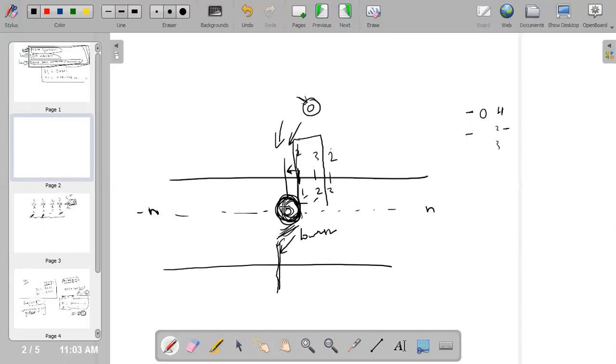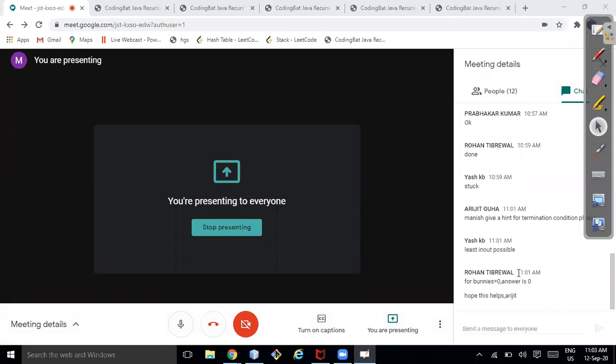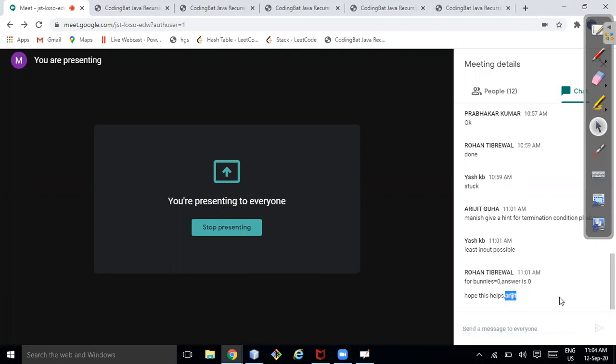Either of these you can pick as a terminating condition. Arijit, is it clear now?